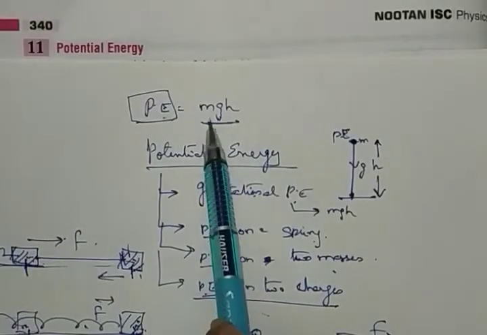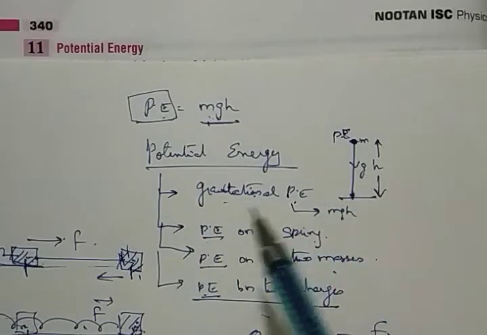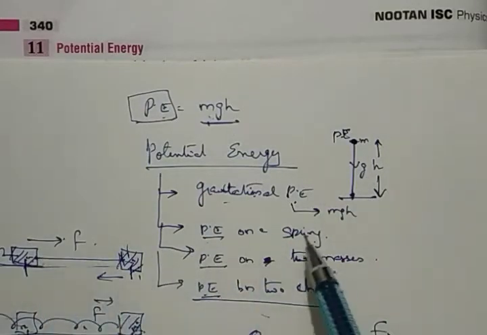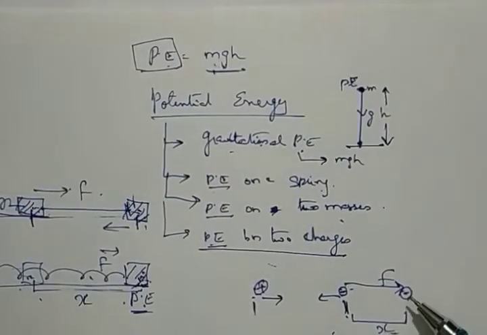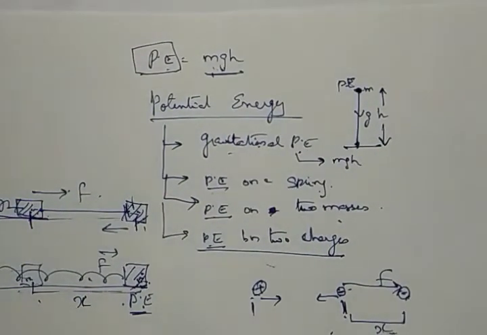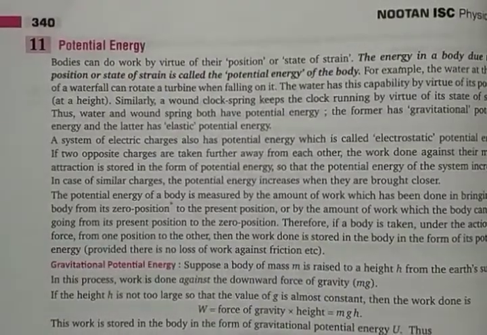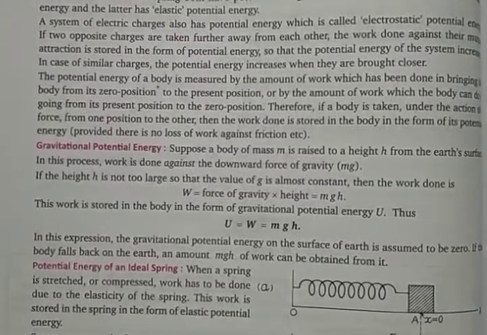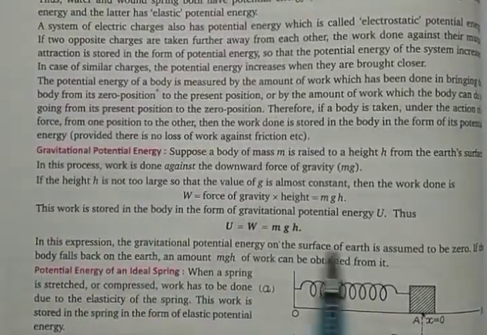So we are coming to a bigger idea: energy could be stored anywhere because of the initial position and the final position. The energy is stored because of its position. That is called potential energy. I hope you are able to get a bigger picture of what it is. Now go ahead and see in this book itself. Gravitational potential energy is mgh. You know this one. I'm not going to deal with this one.